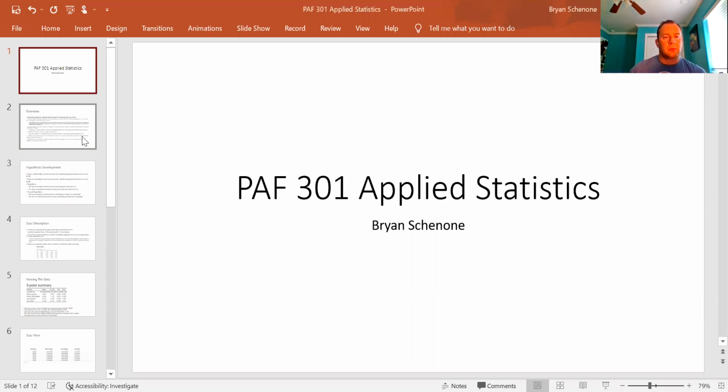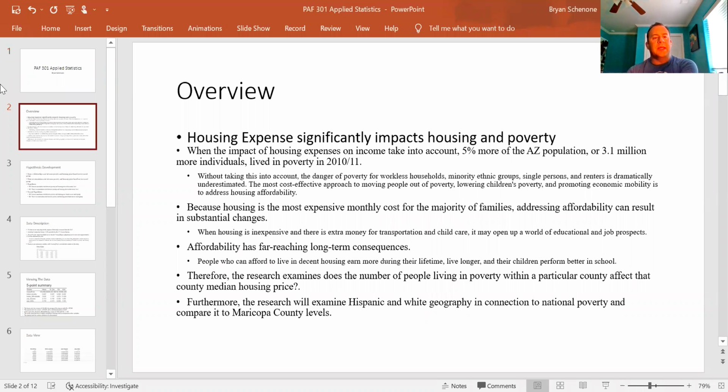So our overview will be housing expenses significantly impacted due to housing and poverty, the impact of housing expenses on income. That taken about 5% of the Arizona population, over 3.1 million more individuals lived in poverty in 2010, 2011. This is without taking into account the poverty for workless households or anything, minority ethnic groups, single persons. Renter is dramatically underestimated